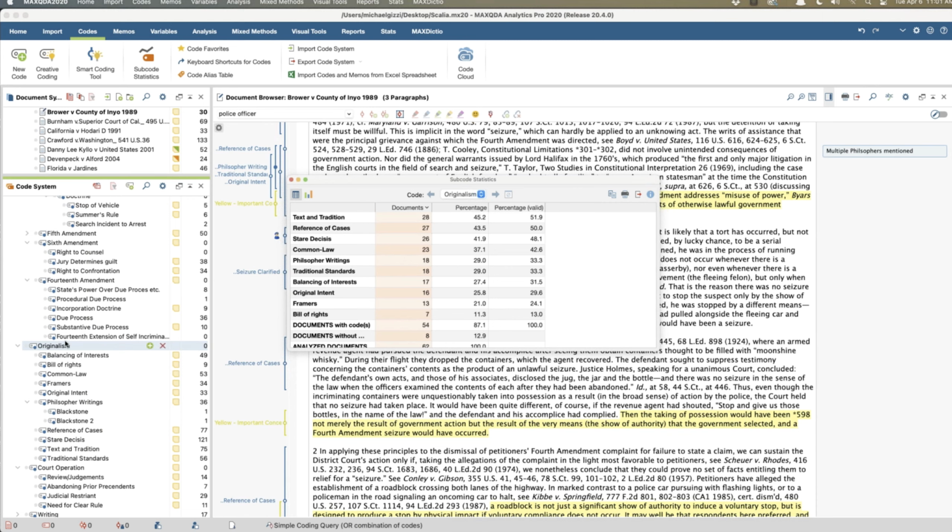We call this a top level code or a parent code. You'll notice it's not coded. It could be. I usually encourage that the organizational codes get left as they are.